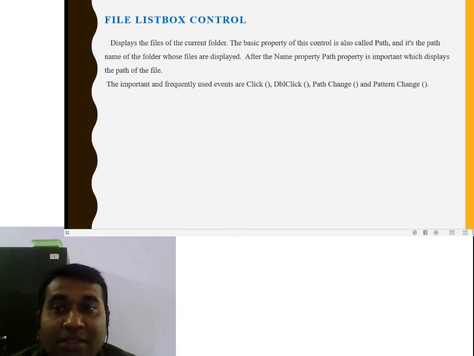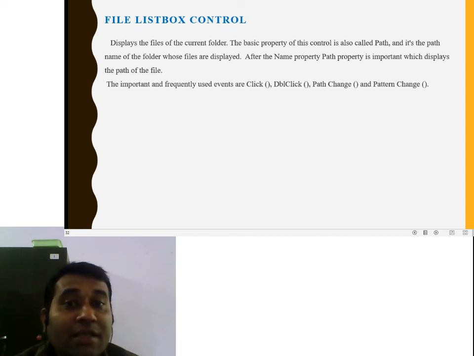When the files are shown, it displays the files of the current folder. Suppose you select the VB directory or any other directory; their files are shown in the file list box control. Whichever folder and drive you selected, their related files are shown in the file list box control.